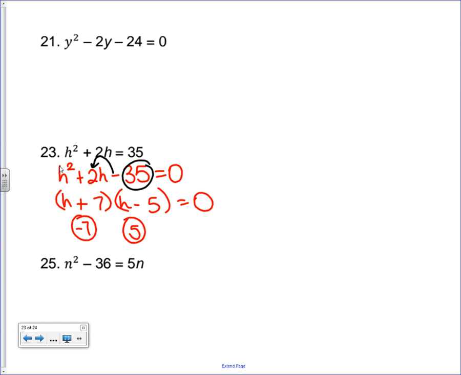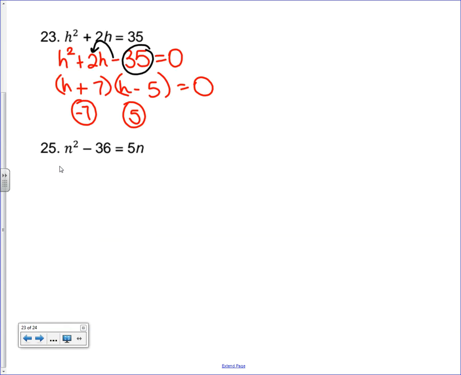Looking good. Let's do 25, please. What do you think? Where am I going to put it? In the middle. Okay, it has to be subtracted, and it's going to go in the middle, so it's in the right order. Does it have a GCF? It does not. And it's a trinomial, so we're doing 2 binomials. We're going to start them with